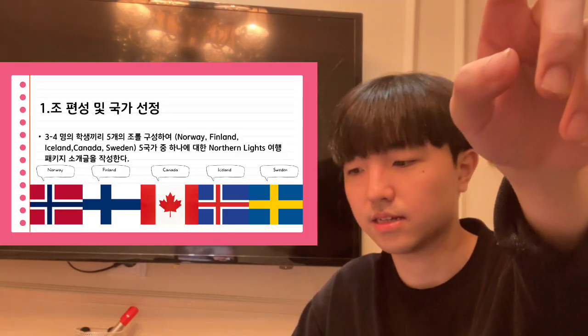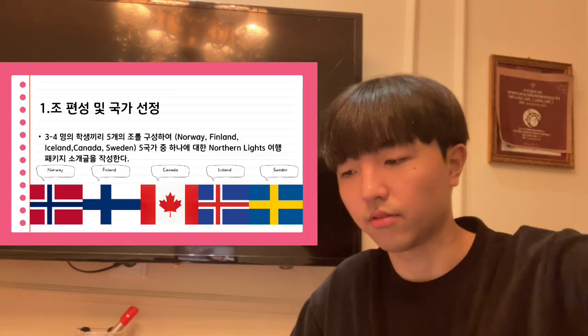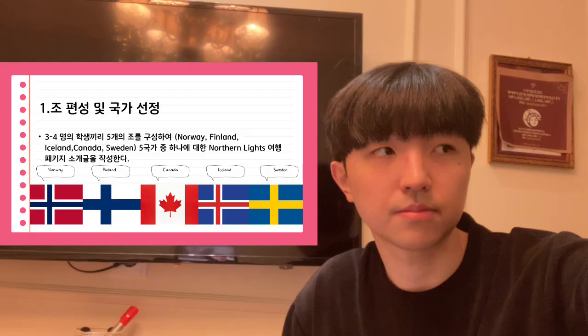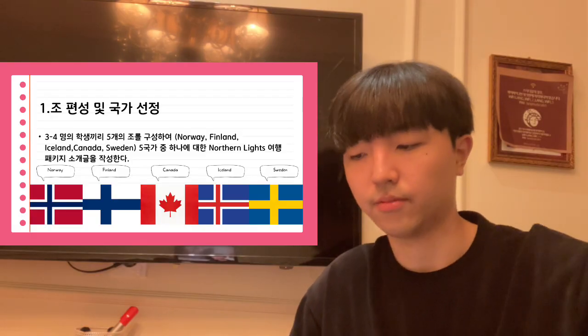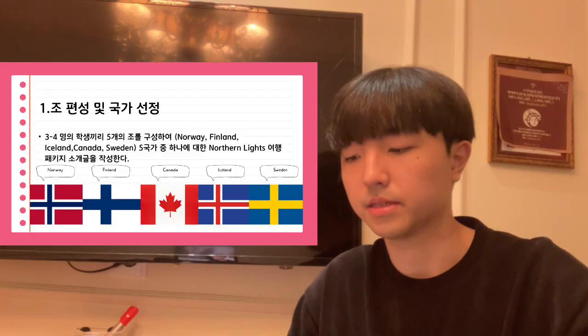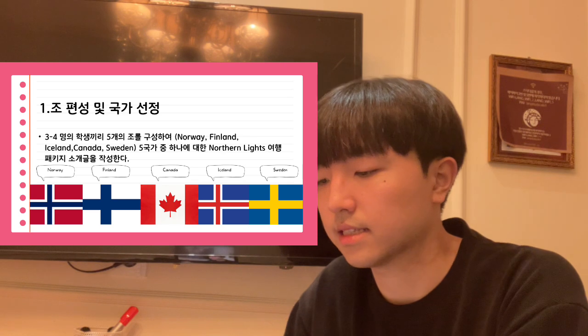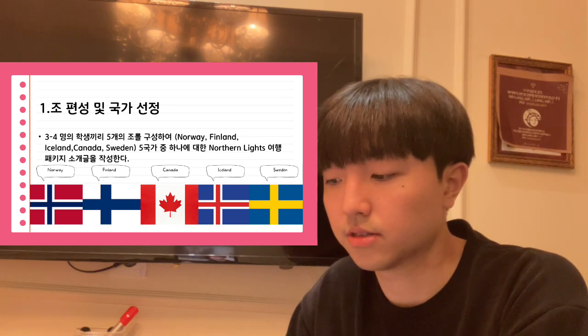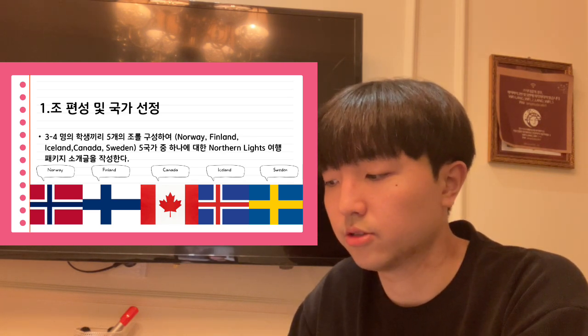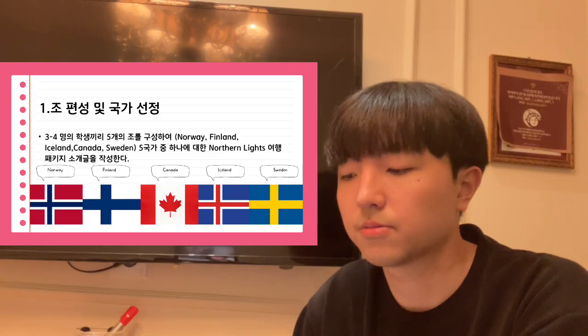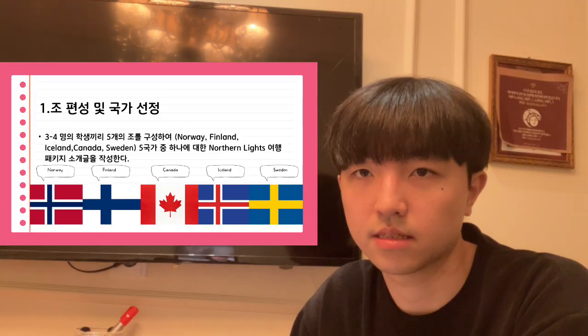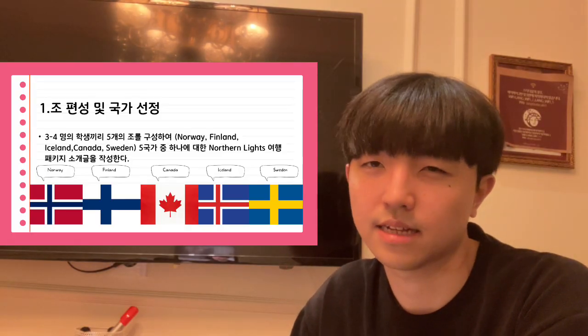Group 3, you guys will be Canada. Group 4, you guys will be Iceland. And group 5, you guys will be Sweden. So your task is to write a travel package introduction for your country, describing the best way to experience the Northern Lights, also called aurora, like I said before.